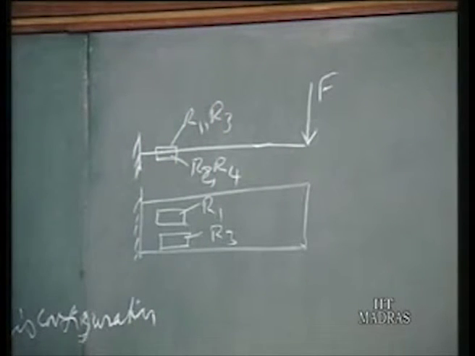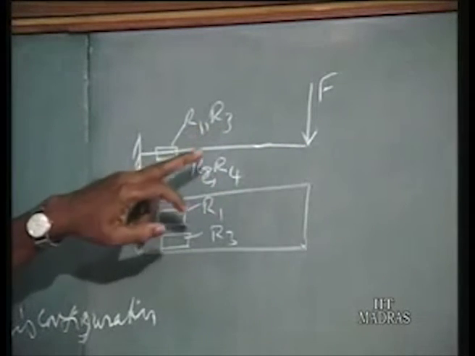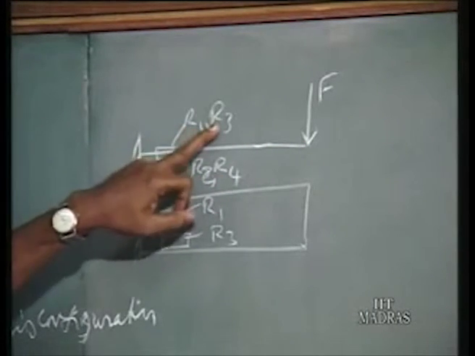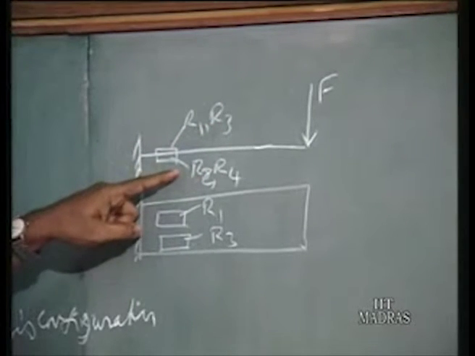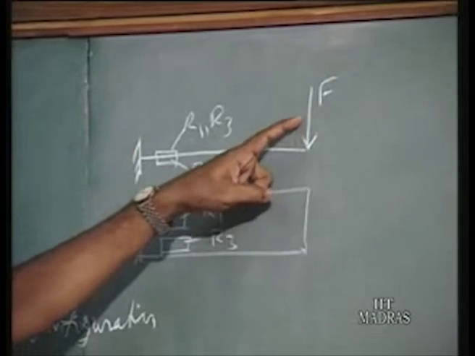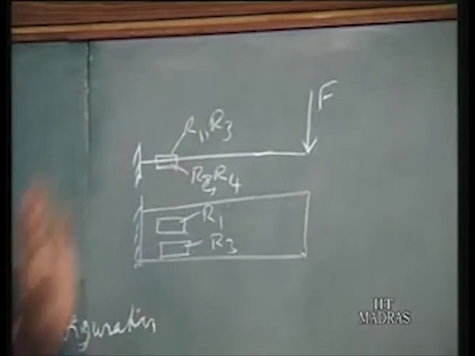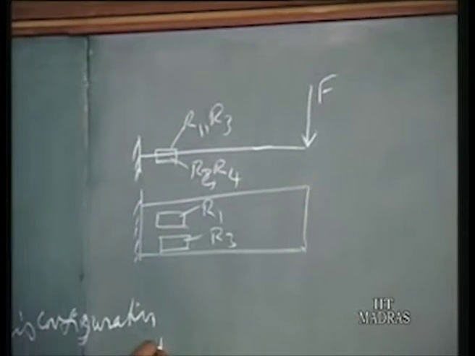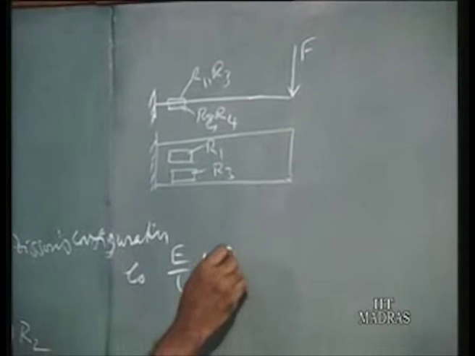That means R1 and R3 will be picking up the tensile strain. That means they will be increasing in resistance, whereas R2 and R4 will be decreasing in resistance when force F exists. That is bottom layer compressive, top layer tensile for that type of loading. In that case, EO is equal to E by 4 times